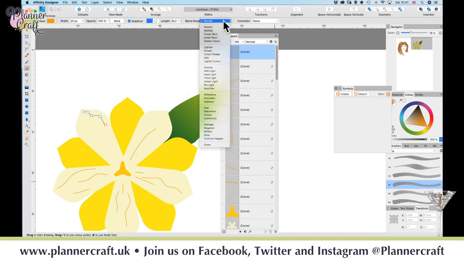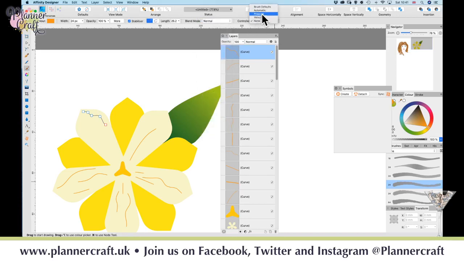Just because I have a graphics tablet, I'm going to set it so that I can do pressure on it. And we can do some little bits of colour that are going to apply just to this petal. So if you've got a little bit of shading you want to do, okay. So with those strokes,